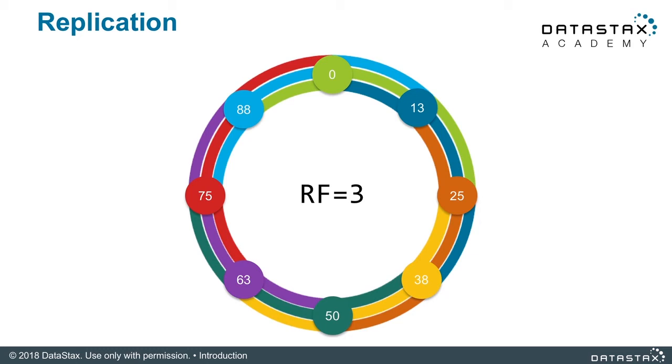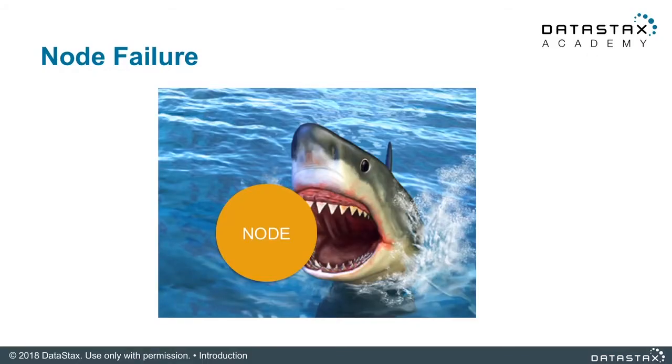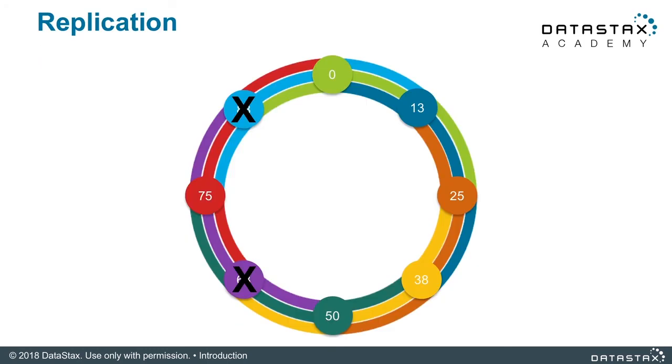So what happens during a failure? Let's say you have a shark attack on one of your nodes. Never know, it can happen. More likely, it's probably going to be a power failure or a disk or something like that. But shark attacks are possible. But if that node goes out for any reason, how are you going to handle that? So replication saves the day.